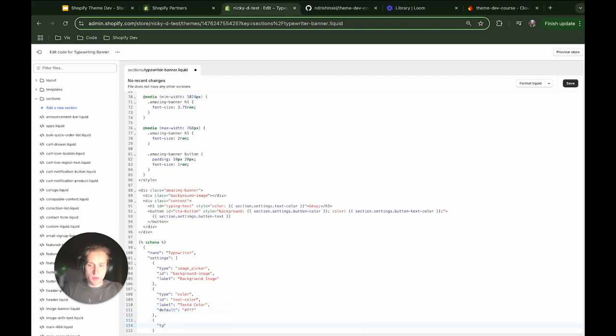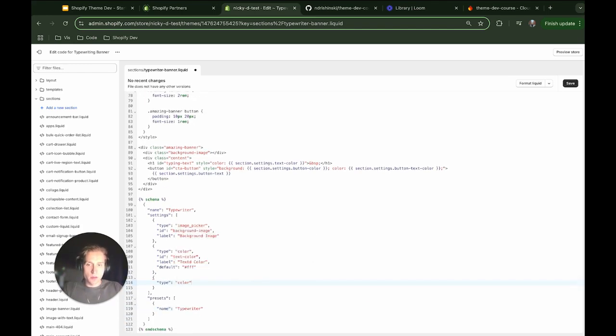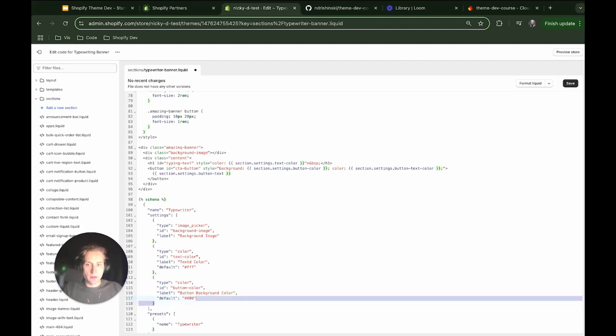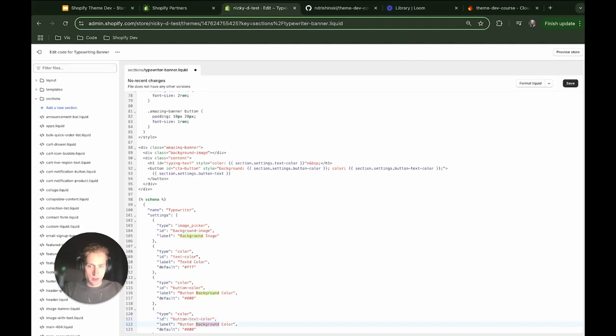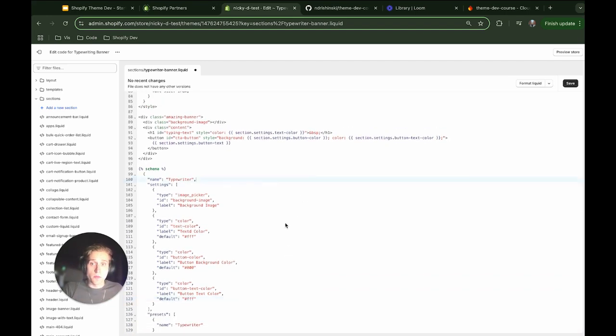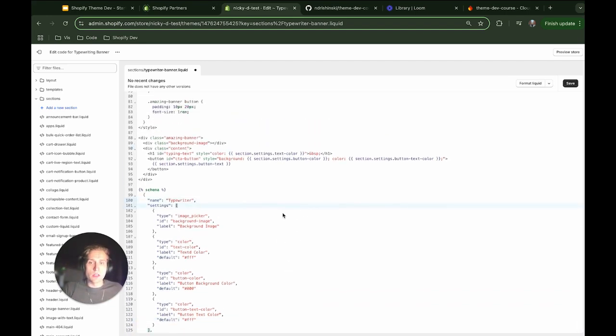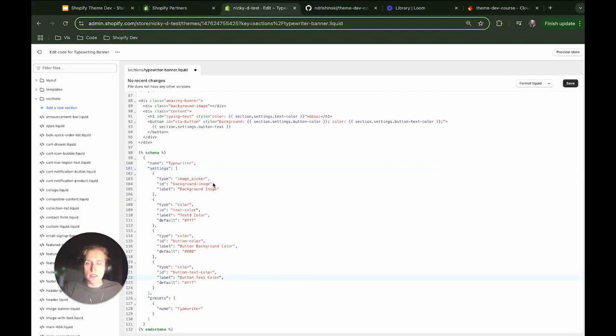Now I will move on to the color for the background and the text of the button. I'm going to give a default as well of black. And then I will do almost the same thing, but for text color. And I'll set the default color there to white. Okay, cool. So these are all of the settings that we've defined so far, but there's going to be a